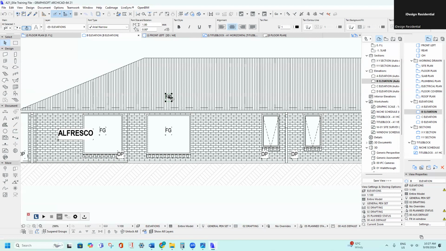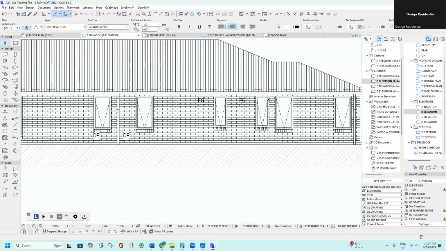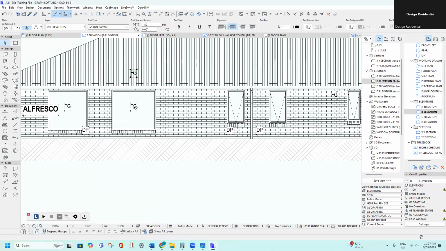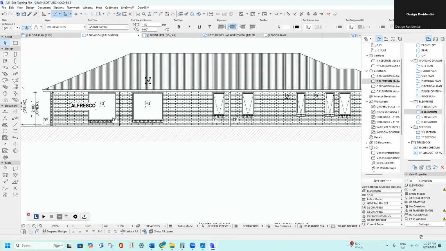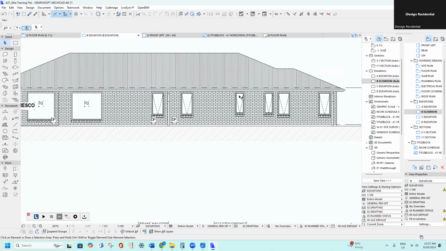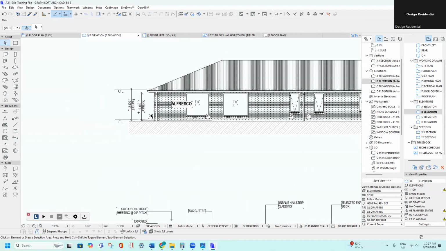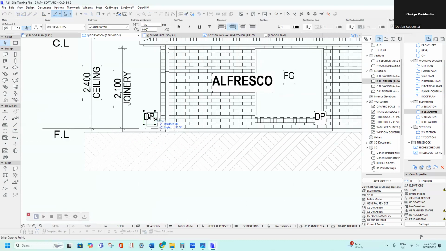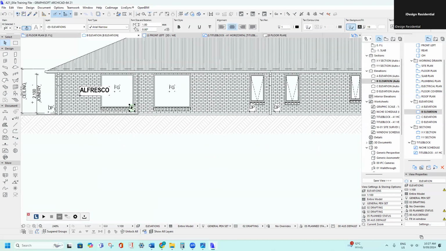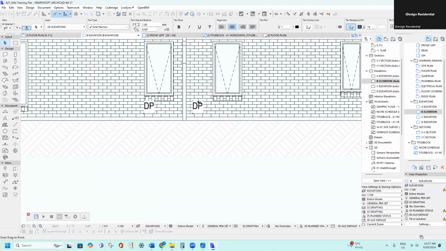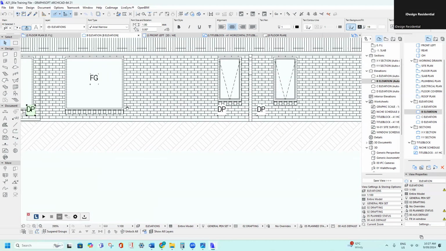Then press Escape. So there's 2 fixed glass windows. We've already got an FG note there, so I'll highlight and delete the other ones. It's got a DP note there next to the downpipe, so that can stay there. This one, click on it, drag it down. We've already got some there actually, so delete that one,